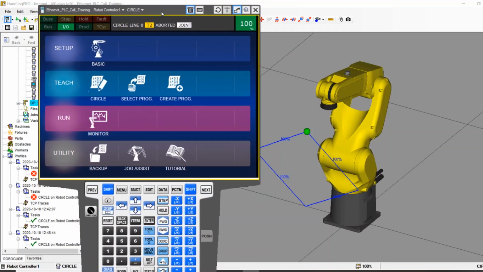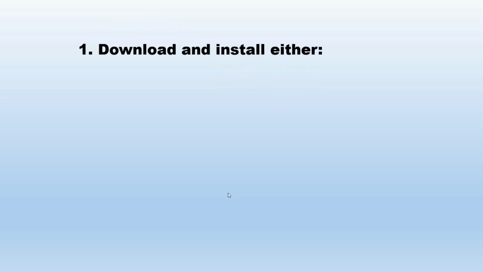I'm going to explain to you the 4 steps and the 4 things you need. So let's take a look at that. All right, so the 4 things we're going through today. First, you need to download and install either